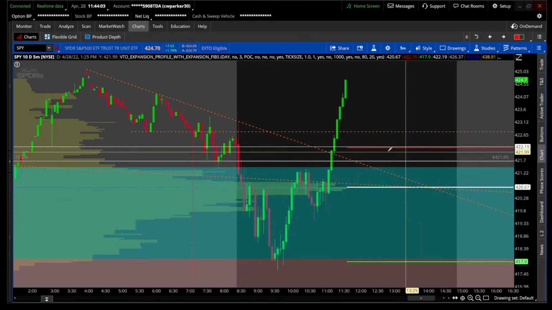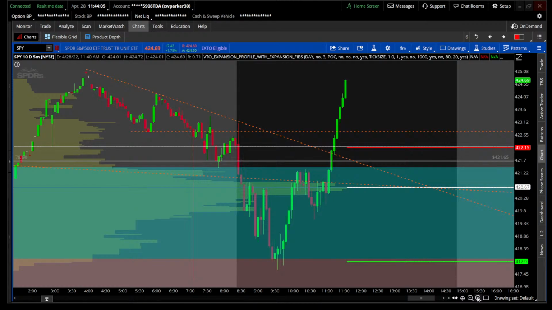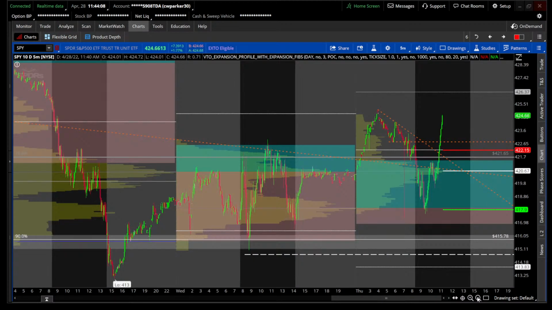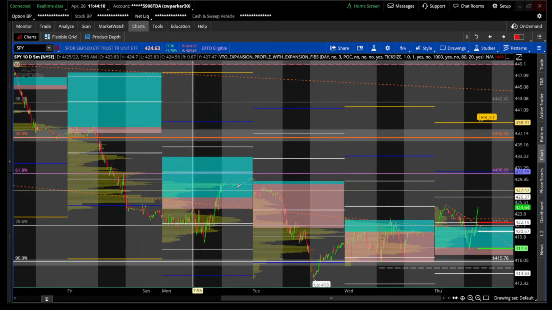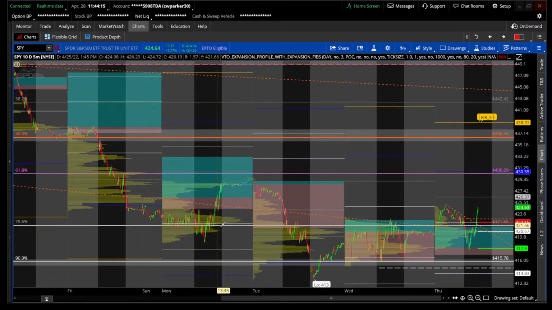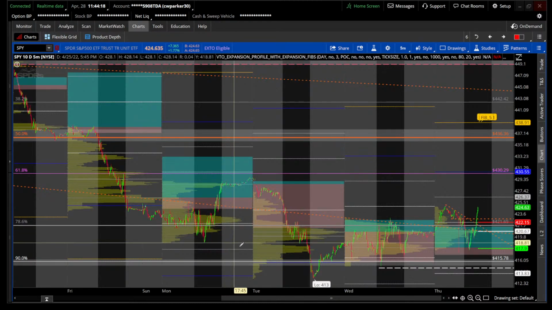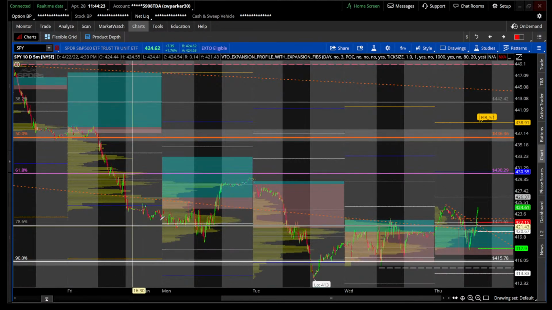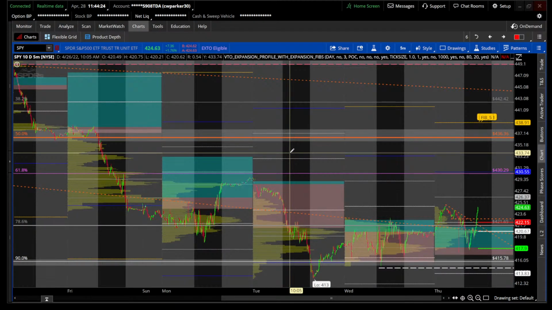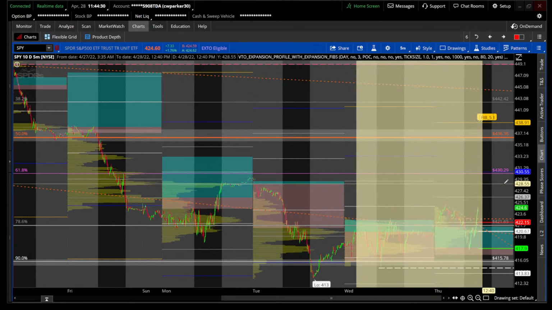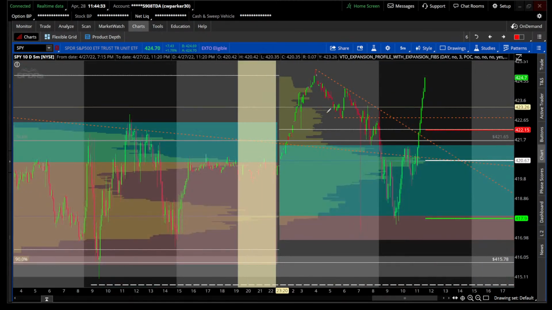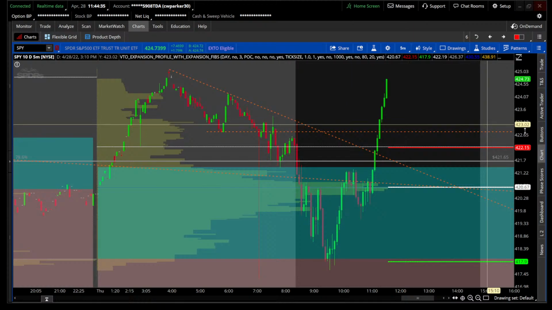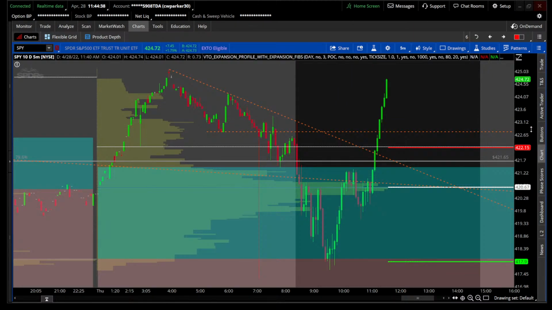I just have the cloud for this one cut off, but you have the lines there, and then you look back, you have all these other points of control, and you can look at how it interacted with the Fibonacci expansion levels. And right now, the base for those is the previous day's point of control. And this is basically how you would use the